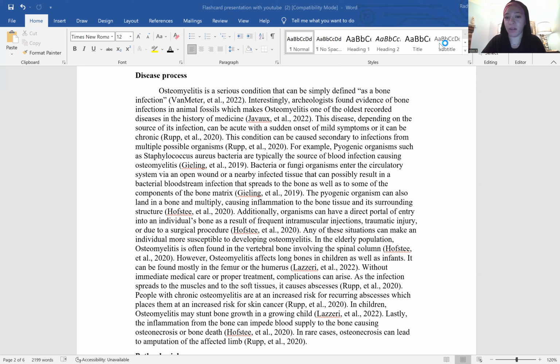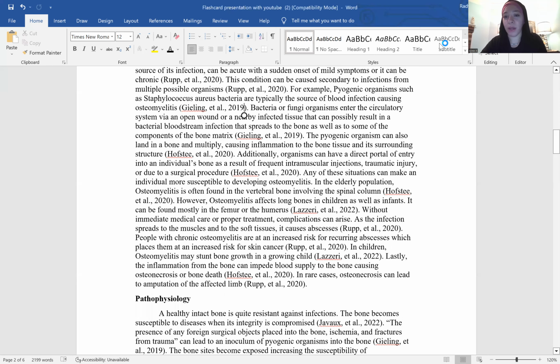This condition can be caused secondary to infections from multiple possible organisms. For example, pyogenic organisms such as Staph aureus bacteria are typically the source of blood bacteria, causing osteomyelitis. Bacteria or fungi organisms enter the circulatory system via an open wound or a nearby infected tissue that can possibly result in a bacterial bloodstream infection that spreads to the bone as well as to some of the components of the bone matrix. The pyogenic organisms can also land in a bone and multiply, causing inflammation to the bone tissues